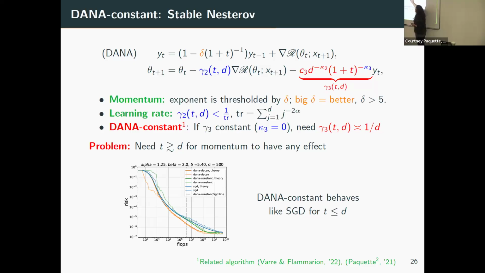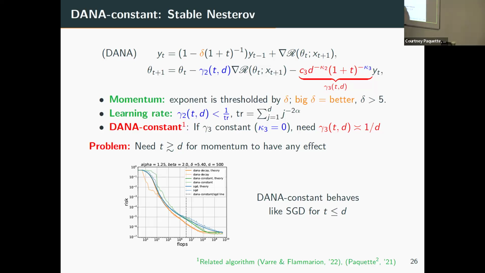The problem with that is, if you use 1 over d, you've made this very, very small at initialization in early time. So this is not contributing in early time. In fact, you need at least d iterations in order for momentum to kick in, just because you made this so small, this tiny, okay? And you can see this.